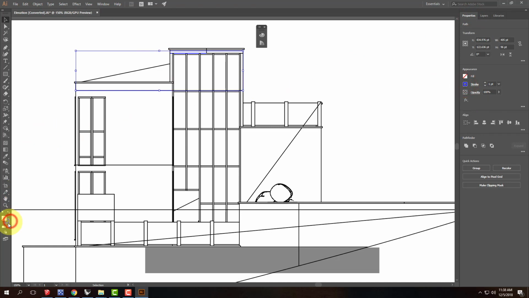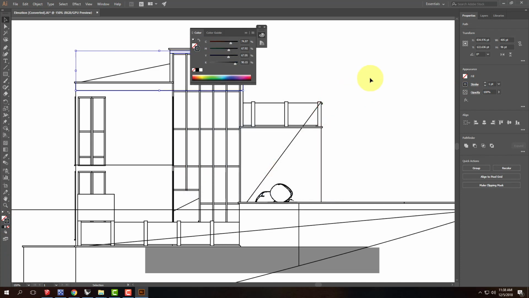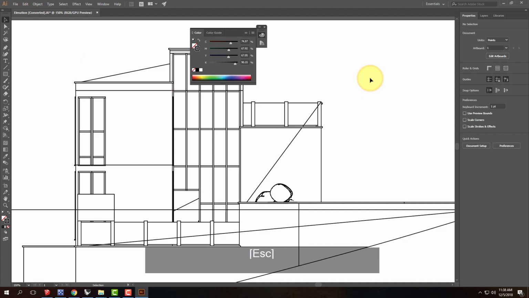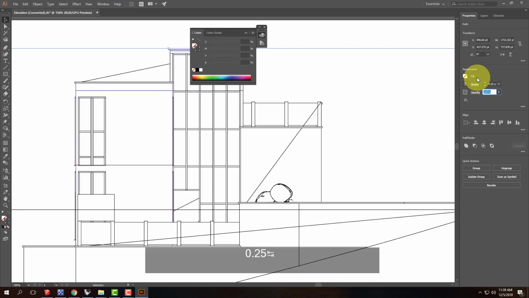I don't have any swatches, that's why it keeps making me go over here. And those could be black, etc. By default, what I typically do to make this look better is I select everything, all of my lines, and I come over into my properties and I change all of the strokes to be about 0.25, so they're really small and thin. I start with that, and then I say, okay, well, what should be thicker on this particular